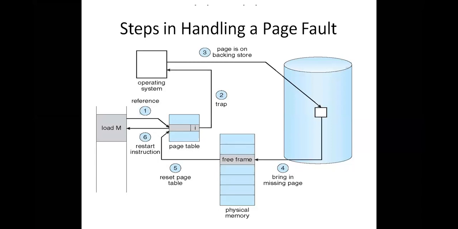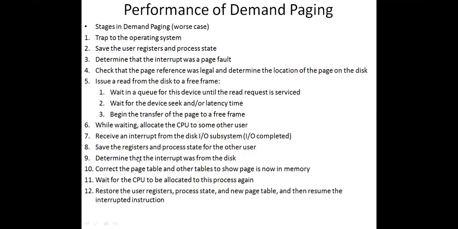Okay, so up to now, we have a free frame. If the free frame is not available, what will happen? That is the next concept, right? So up to this point, there is a free frame. So what will the operating system do? The operating system will take this required page from the secondary memory and load it into the free frame. Once it is loaded into the free frame, we need to update the page table. That means this I needs to be changed to V. Why? Because now it is available in the main memory. And again, restart the instruction. Okay, that is the thing.